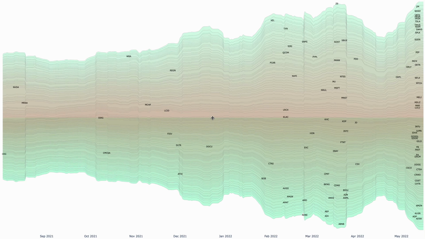In this video, we're going to go over Tradewell's Streamgraph visualizations. This particular visualization is a stream graph of the realized volatility on a 1-month basis of the NASDAQ 100 components via the QQQ ETF. So what you're looking at is a tool that is both a screening tool as well